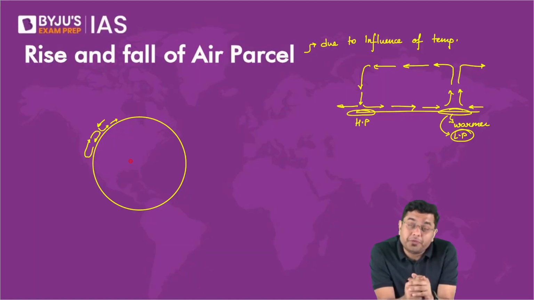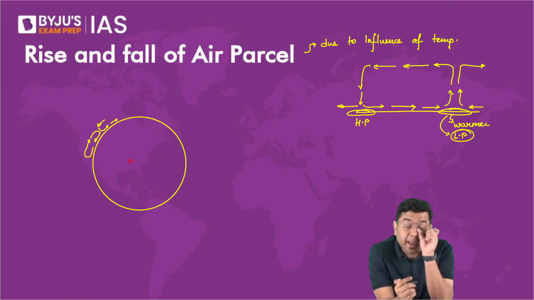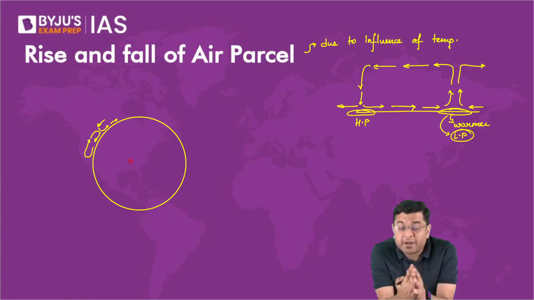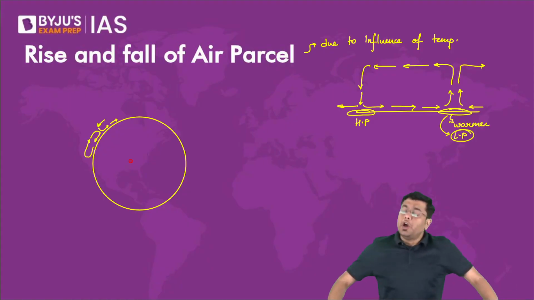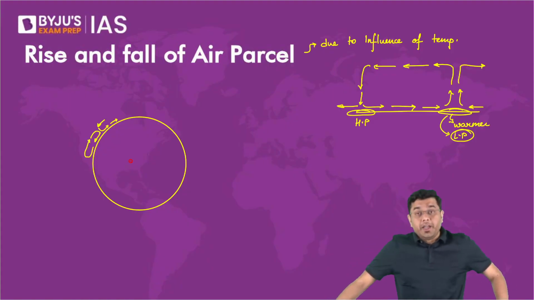Now, Gilbert Walker was very much convinced that this kind of a circulation can have an impact on Indian monsoon as well. That is when he took his transfer, he came to Indian Meteorological Department. In fact, for a few years, Gilbert Walker was also at the head of the Indian Meteorological Department, obviously in the early decade of 1900. But till he was here, he could not contribute significantly in his researches. It was only later on that an impact was understood on the Indian climatic conditions and the Indian monsoon created